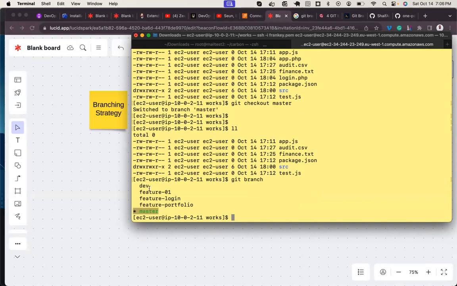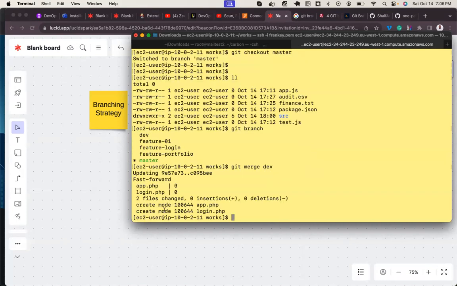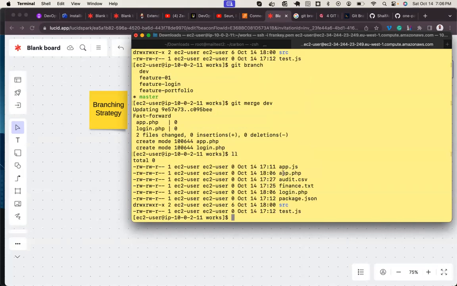Now I need to merge from dev to master. So I have to be on what? Master. So I'll say what? Git merge dev. I have merged these files into master. If I check this, I should have those files now coming.